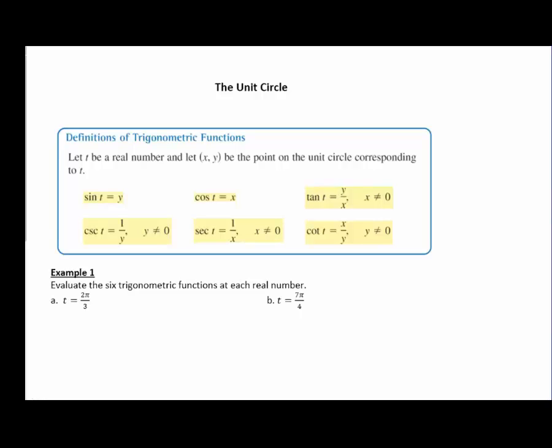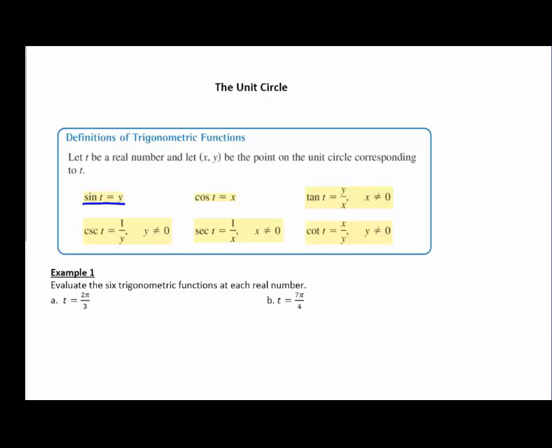So when we look at the unit circle, we have 6 trigonometric functions that we can use with the unit circle. If we have t as the angle measure, then we're going to let x and y be the point on the unit circle that corresponds to that angle. So if we find the sine of angle t, that's going to be equal to the y coordinate of the